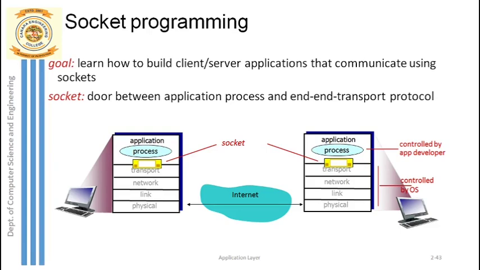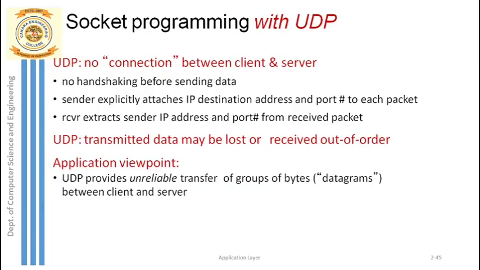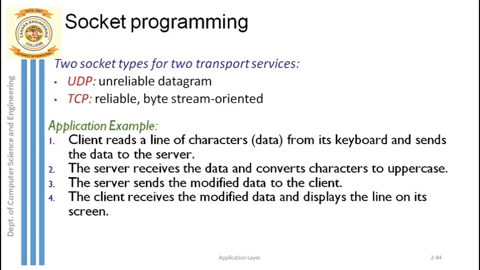I hope you have understood this. Okay, so now let's continue with our socket programming, and how this can be implemented in a network. We will start with socket programming. As I already said, there are two types of protocols running in the transport layer. One is TCP and the other one is UDP, right?